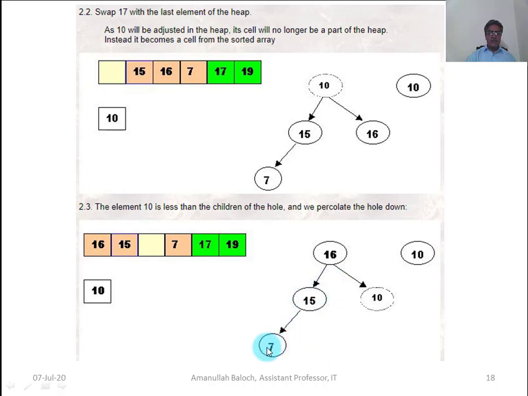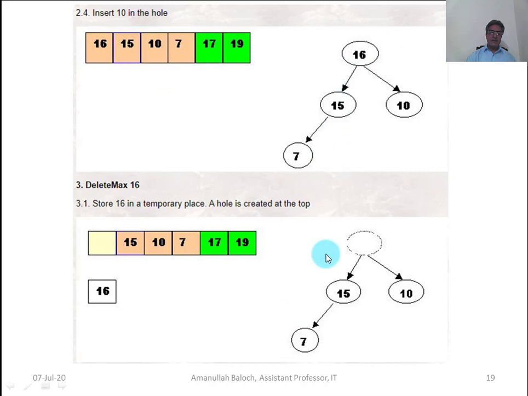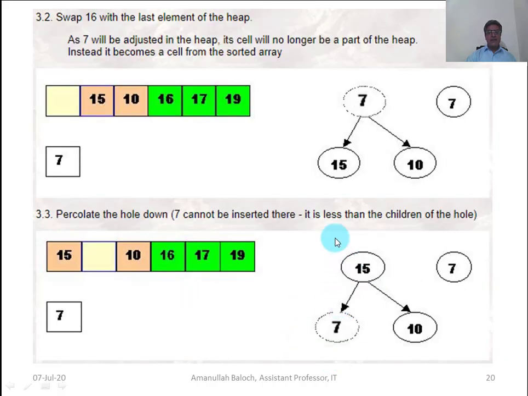So 7 will take the position of 16 and 16 will take the position of 7. 16 left its position and 7 is swapped there. The position of 7 was index number 4, so 16 has taken the position of index 4.